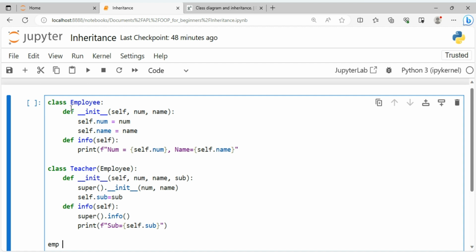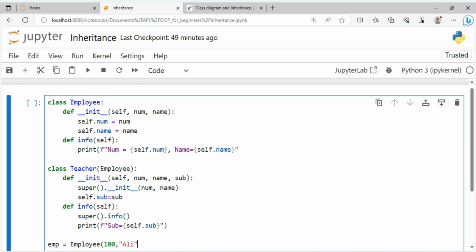First object is of type Employee, so emp is an Employee type object, and we'll provide two arguments over here, for example 100 and a string constant, let's say Ali, for the name